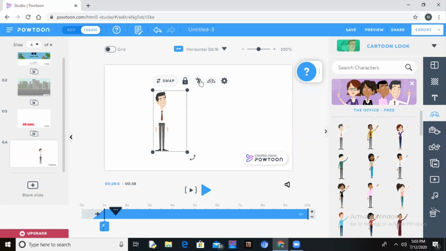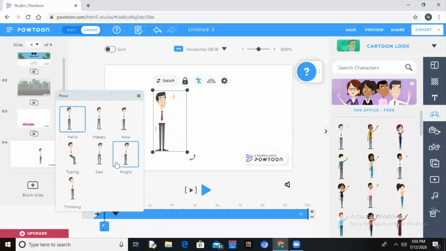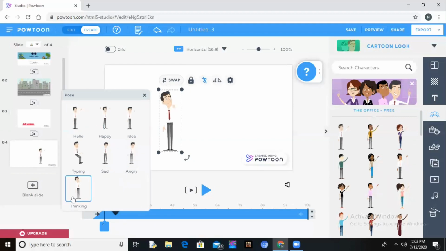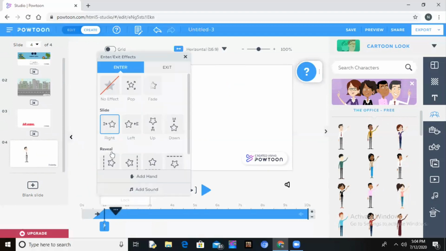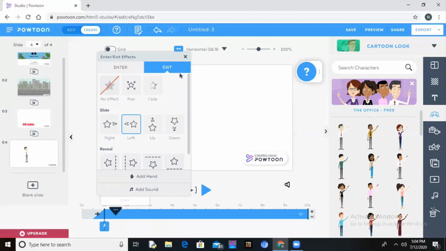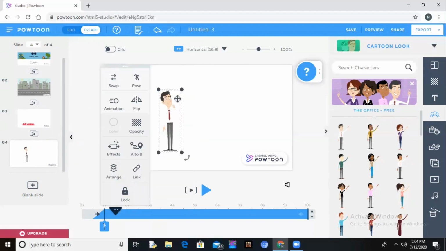Now also here I will get some options. Flip if I want to change its direction, its face. Then pose if I want it to be in another pose. Suppose I want it in thinking pose. Then I can again go to settings, and here also have this effect option, how I want it to appear on my screen. Suppose I want it to come from right and enter and exit to the left. So